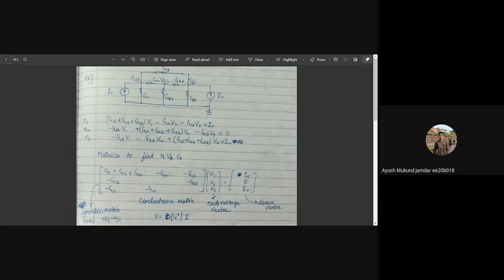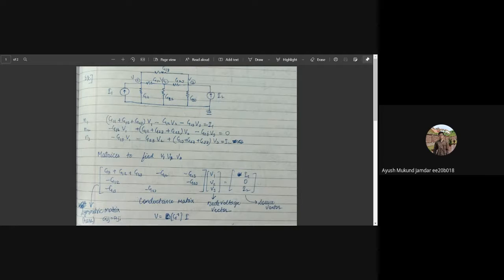Similarly, on writing the equation for the second node, we should get V2 minus 0 times G22 plus V2 minus V3 times G23 plus V2 minus V1 times G12, that is 0 because there is no other current involved in this node. So that gives us the second equation. On rearranging, I should get minus G12 times V1 plus G12 plus G23 plus G22 times V2 minus G23 times V3 equals 0. Similarly, we write the nodal equation, the KCL equation for the third node, and this gives us a set of three equations where V1, V2, and V3 are unknowns, and three equations are sufficient to find them.